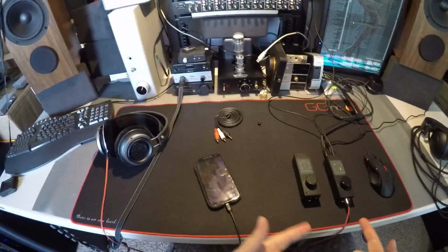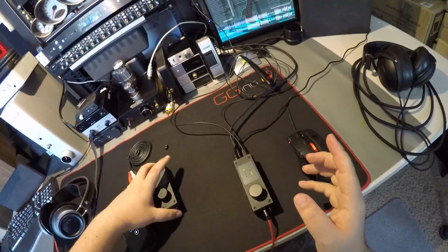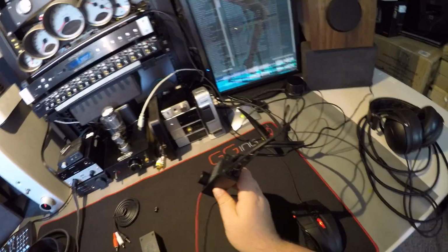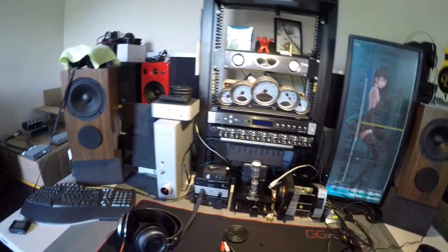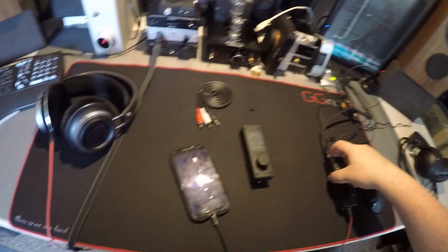Before this, you had to go for the Fostex HPA3 to get that functionality. The other thing they've added, which I know a few people are obsessed with, is a fiber optic SPDIF input, again with a switch back here. So currently, we're listening via USB to the Pacific Rim OST through my laptop. USB right here. I flipped the switch,